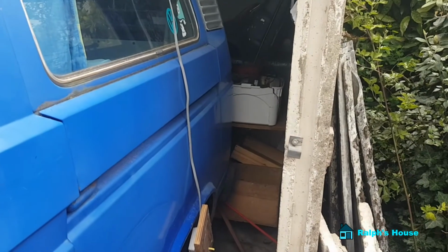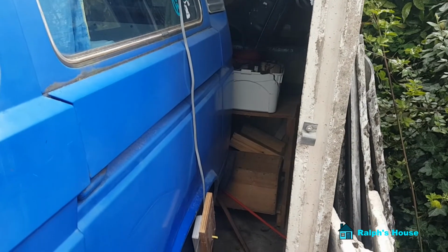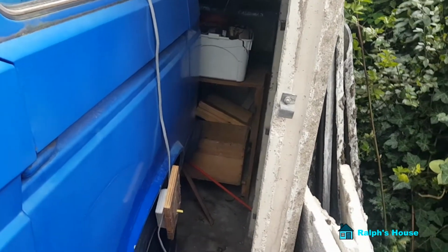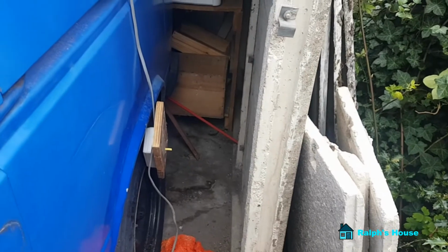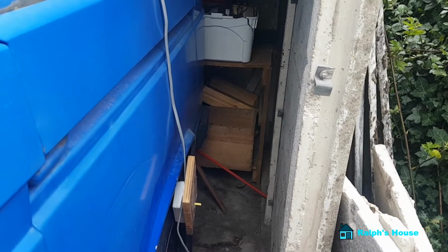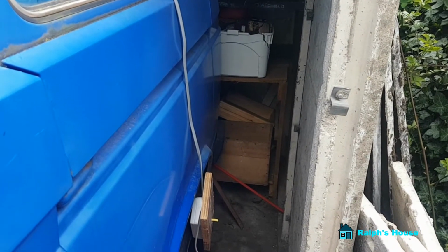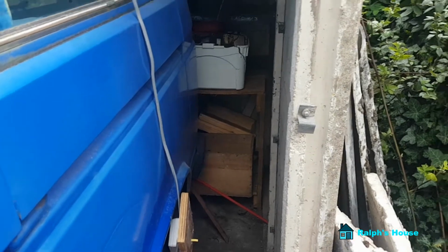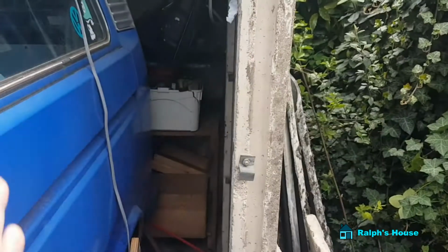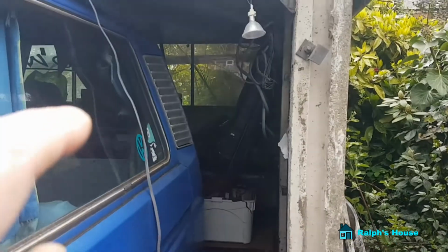I had planned to fill this in with breeze block, which would have been a nice permanent secure solution, but I decided that this garage, or concrete shed shall we call it, will get re-sited. I'm going to move it somewhere else, probably to the side of the garden, and turn it around, if you see what I mean, so it takes up less space, but still provides that storage,